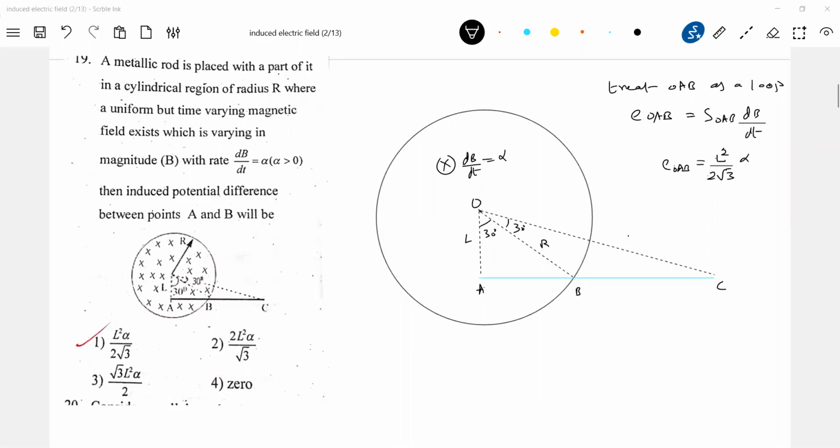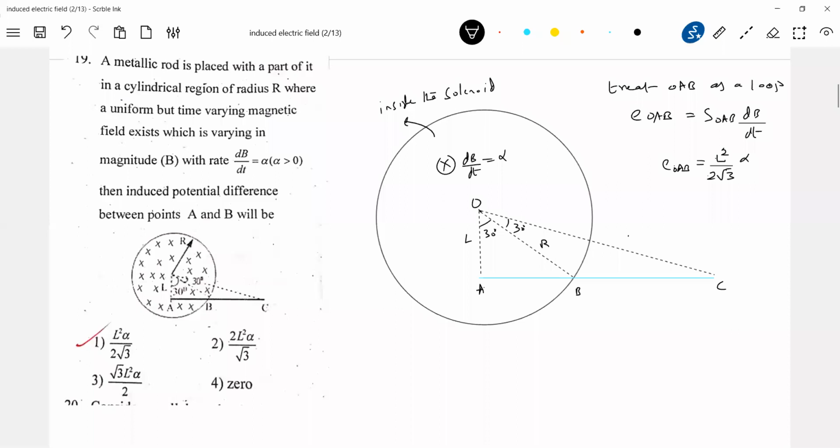Okay, let's look at the diagram here now. How will E bar be? Come to Lenz's law. Faraday's law, first Lenz's law: B bar into the plane, the flux increases, d phi by dt negative, EMF induced positive. So everywhere it should be tangential to the circle drawn, and we will produce such a magnetic field only with a solenoid. Inside the solenoid, we are discussing what is this. Because only a solenoid will produce the field in the cylindrical region of radius R, so a magnetic field will be varying.